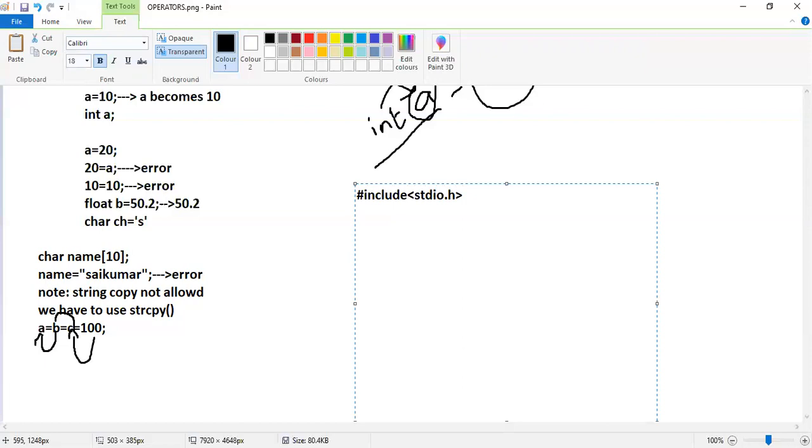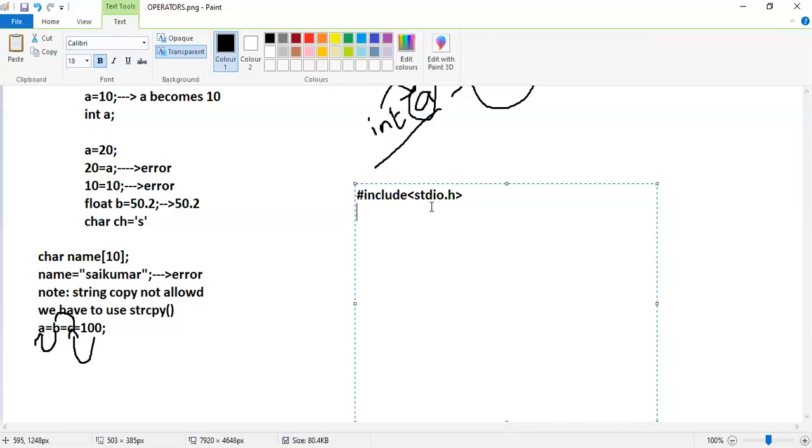What is a header file, and why do we need to write this? stdio means standard input output header file. If we want to perform a particular operation, the predefined functions related to that operation are stored in these header files.